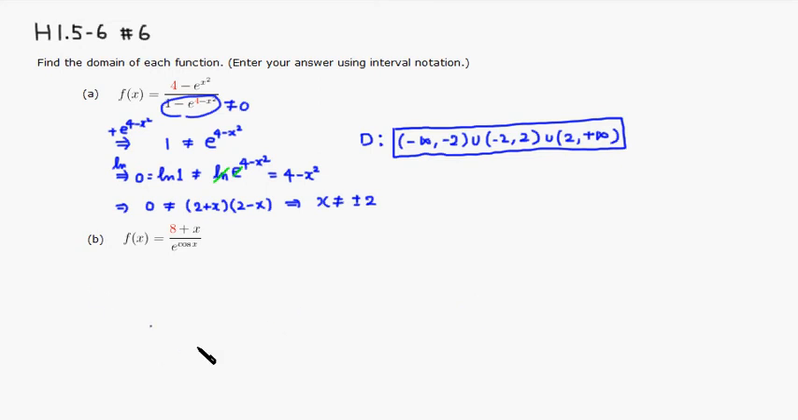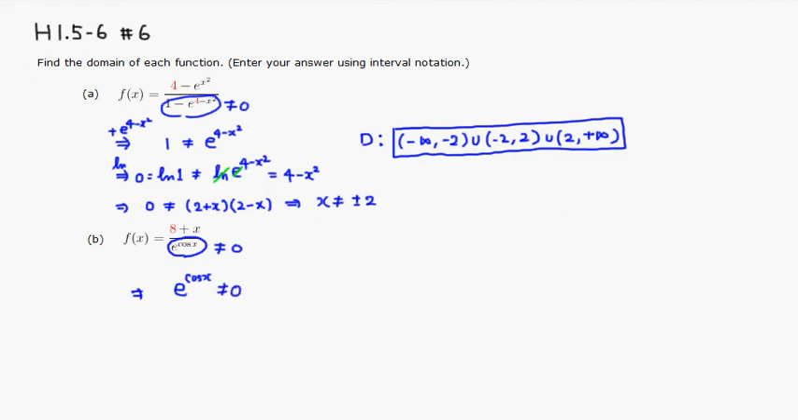All right, so let's look at part B. Same idea. The denominator cannot be 0, so we don't want this to be 0. We have to look at this expression carefully. This is basically an exponential function with a cosine function plugged in. But remember that e to the anything is always going to be positive, so this is never 0,